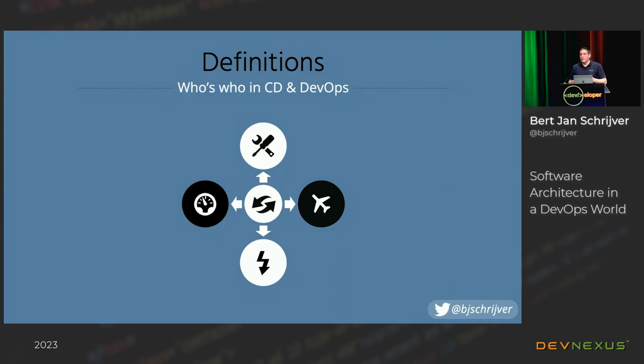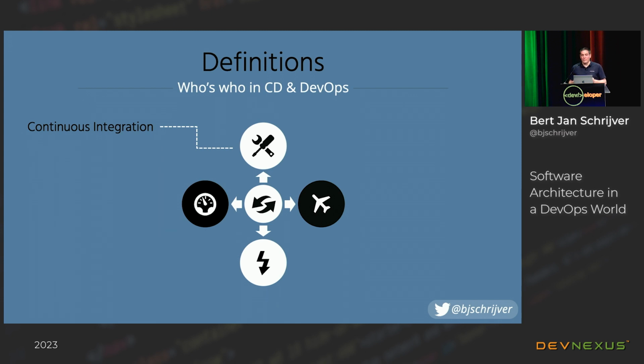So let's look at a couple of definitions that are relevant for the area of continuous delivery and DevOps. The first one is continuous integration. How many of you are doing continuous integration? Can you raise your hand if you're doing CI? Okay, keep it up, please. Put your hand down if not everyone checks into version control at least once a day. If everybody checks in once a day, keep your hand up. Put your hands down unless every check-in triggers a build and a unit test run. Okay, most people still there. Put your hands down if the build isn't fixed within 10 minutes when it breaks. Oh no, there's always nobody keeping their hands up, right?